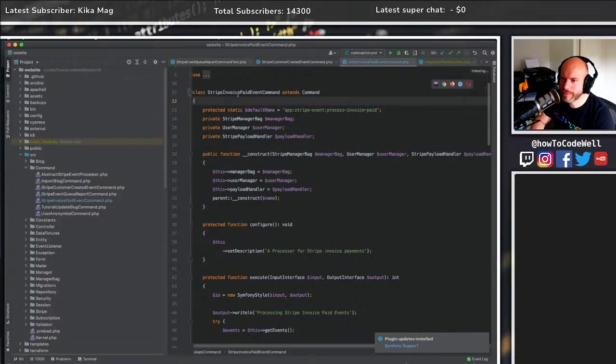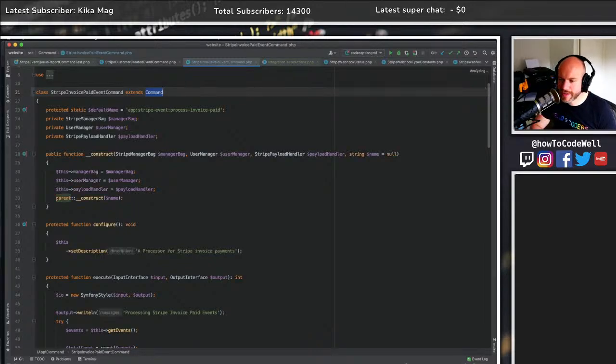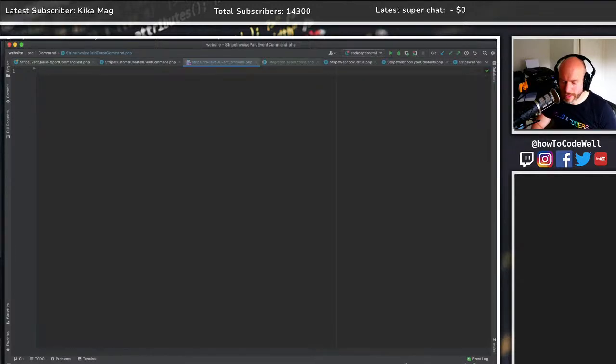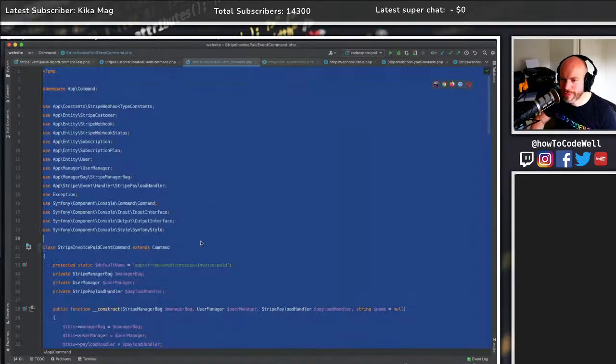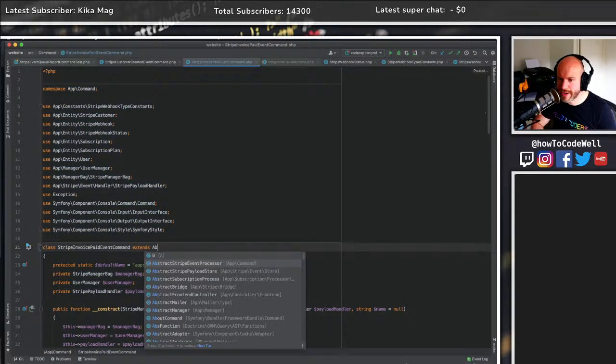Okay, so we're back in the room. All right, so to sort this out, we want to extend an abstract. Come on, find it. Are you still indexing? You are indexing. Right. Let's wait for PhpStorm to do its thing. Are you done? Good. Ah! No, don't delete the whole thing. That's not going to make my life any easier. Right, abstract Stripe